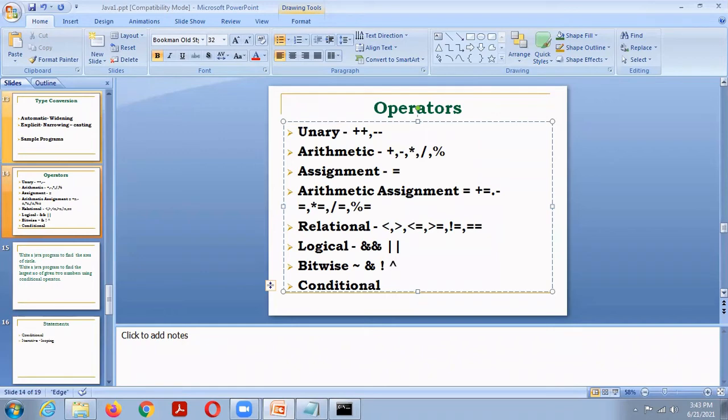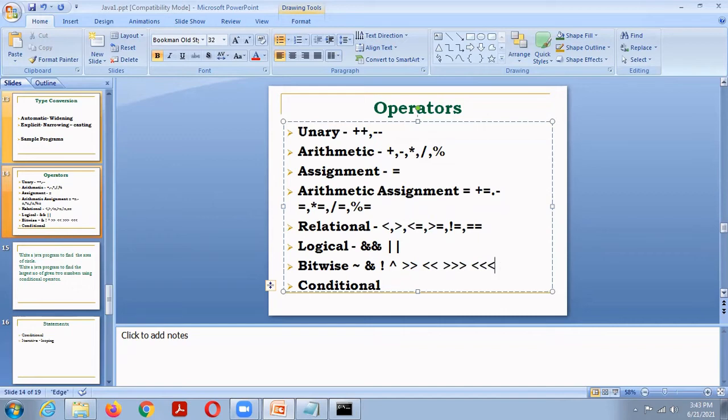Then shift right, then shift left, then shift right zero fill, shift left zero fill. So these are the bitwise operators.